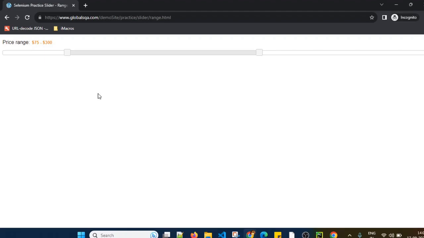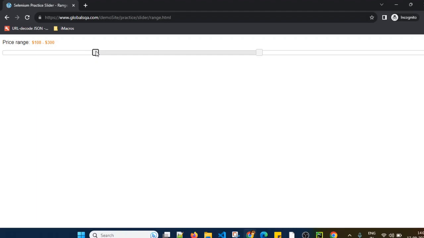Once you receive the location of that UI element, that is the specific coordinates, we can move this slider accordingly. For example, let's say this minimum slider has some specific x and y coordinate here. If I want to move the slider by, let's say, 10 pixels, then we can simply add 10 pixels and move to the right side.